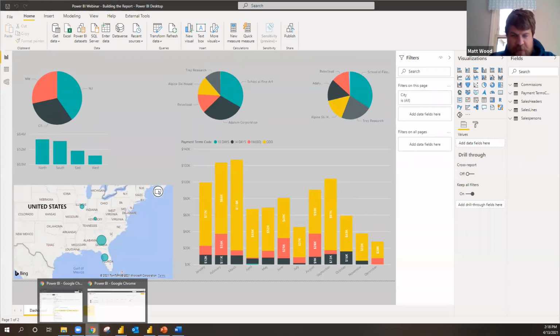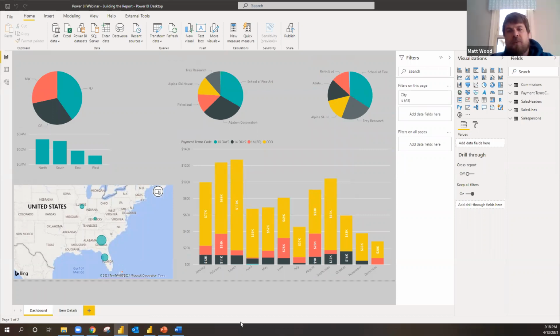One thing I'll mention here before we go back. So we're publishing that out to the workspace, and you'll notice that it has that .pbix extension on it. So even with the free license, I could technically share this with somebody, but it's going to be similar to sharing an Excel file, for example. So I could share this to someone that has Power BI Desktop. They could open it, see it, refresh it, do all those things. But if they were to make a change, it's not going to reflect out to my file. So you can share without the Pro, but you can't create workspaces and do some of the stuff we're going to do in a minute.